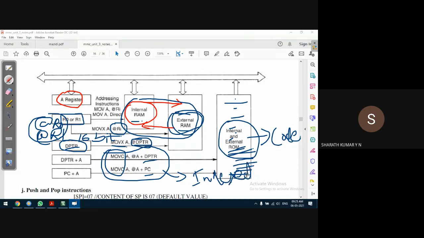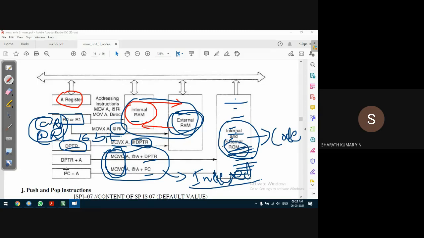If there is a recording of this, and in case you have any doubt, you can see the recording. A few classes have not taken the recording, but if it is available, you can go through that. No problem. So to access means to read the data from the ROM memory, either internal ROM or external ROM memory. We use the MOVC instruction.